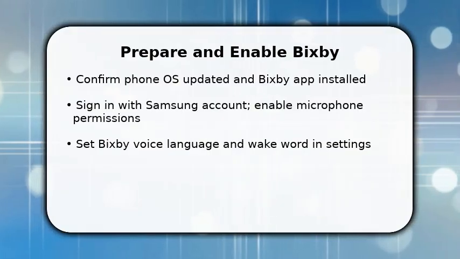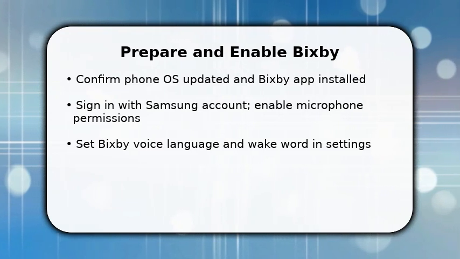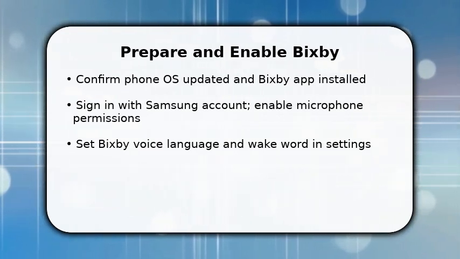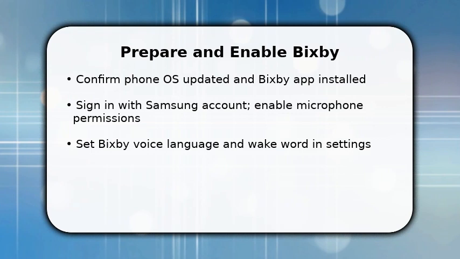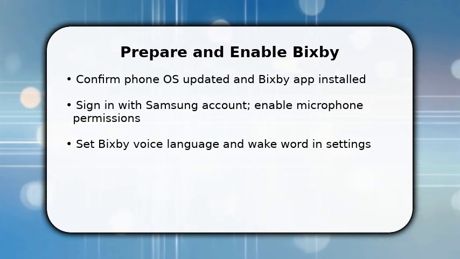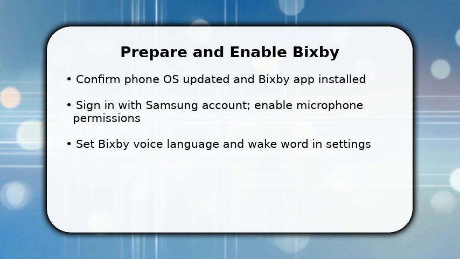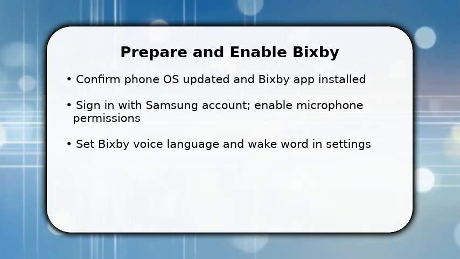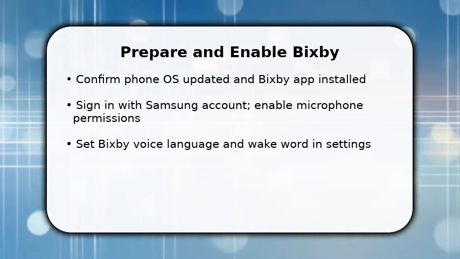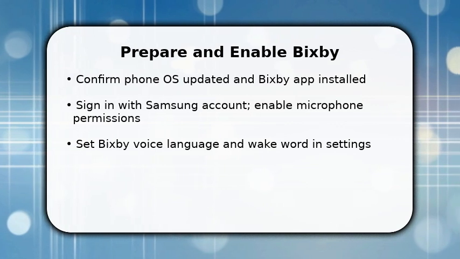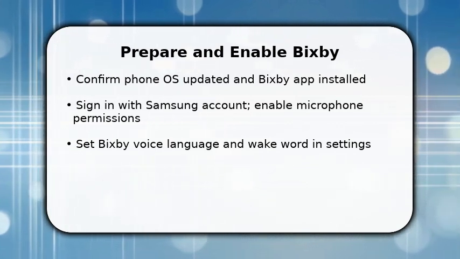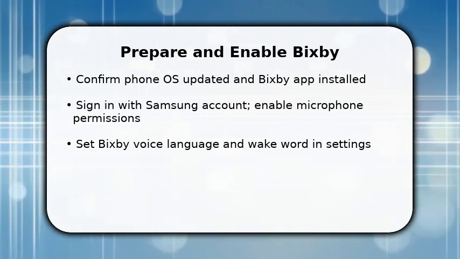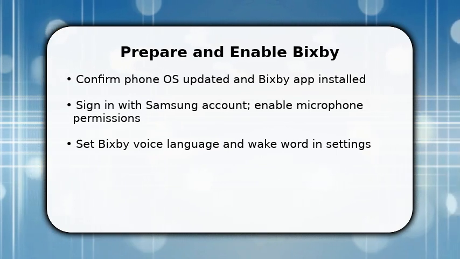You start by preparing the essentials. Update your phone and open the Bixby app so you can change settings immediately. Sign into your Samsung account, then grant microphone and notification permissions so Bixby can listen and respond. Once done, go to voice settings to choose language and set the wake word. This ensures accurate recognition. Do these steps now to make the assistant reachable and responsive before moving into voice training